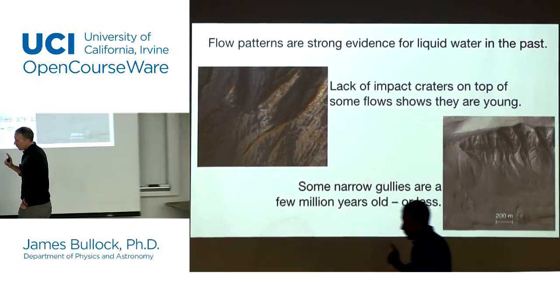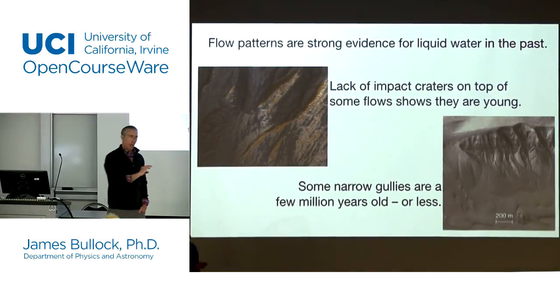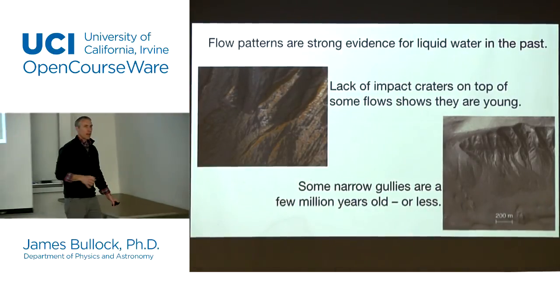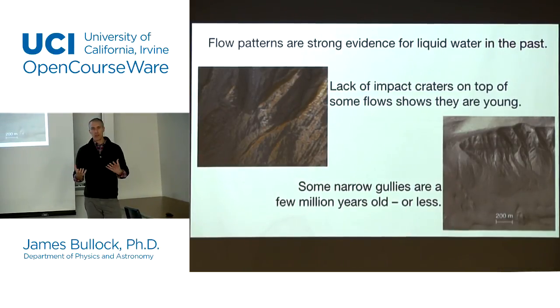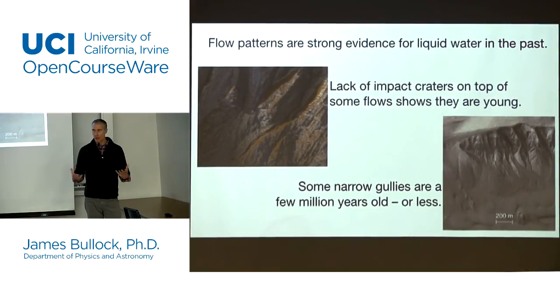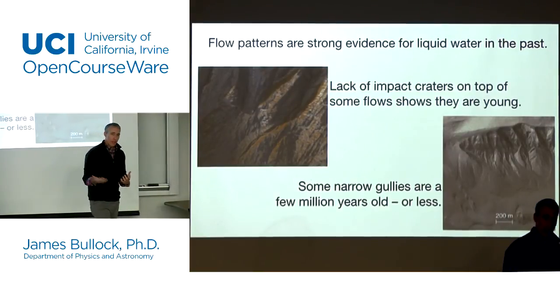Interestingly, you have flows that don't have very strong impact craters. You don't have a lot of impact craters that have covered up these flows. Now, keep in mind that there's been a rate of stuff raining in on planets in the inner solar system for the last couple billion years. Okay, every now and then something hits the Earth, right? And we have craters like that on Earth, going back, that we can find easily, going back 50,000 to 100,000 years. But it gets harder and harder to see these craters after a while, right? Because the Earth turns over and you can't see those ancient craters.